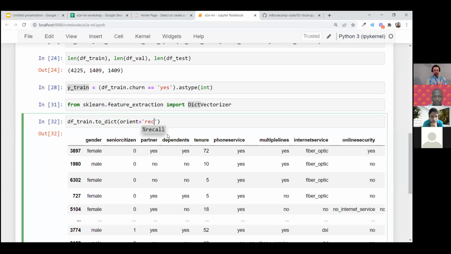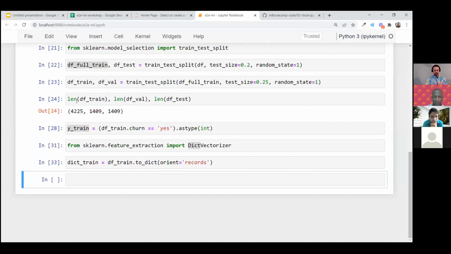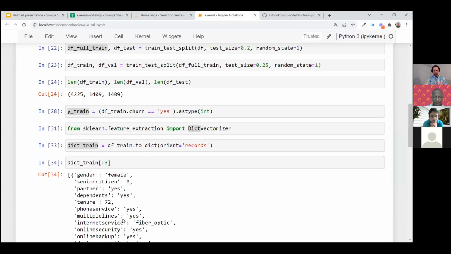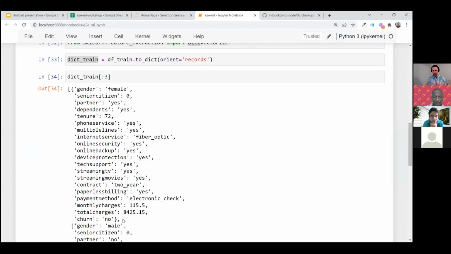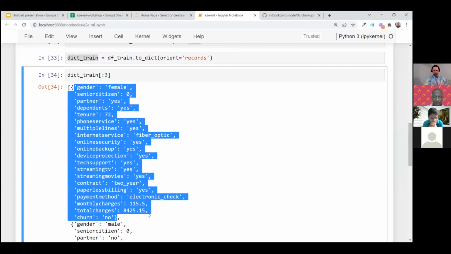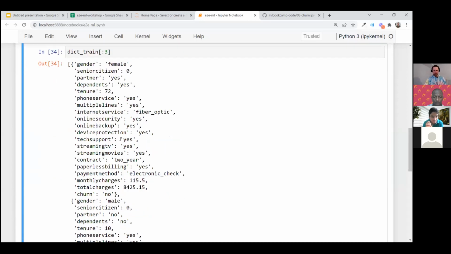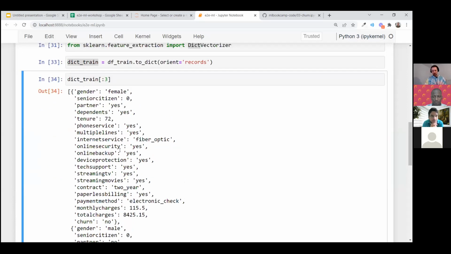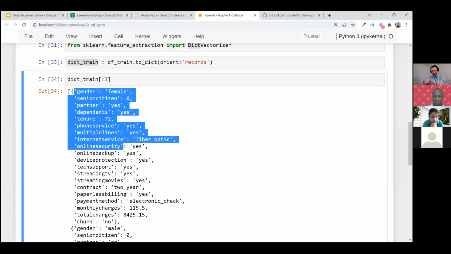I'll call this dict_train. We can take a look at the first 3. So it turned the row in our data frame into a dictionary. Right? And then we see all the information about this record.